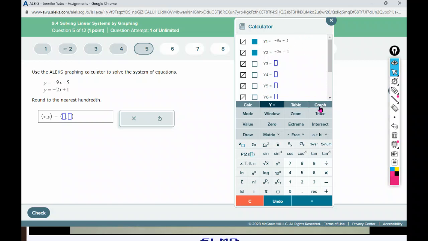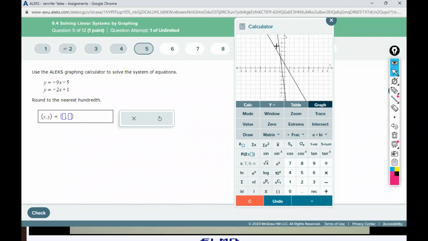Okay, I'm going to hit graph. You see the 2 lines there? Oh, and then you just plot the points. So I don't think it goes through a pretty spot. In fact, look, it says right there, round to the nearest hundredth. So we're going to make the calculator tell us how to do this. This is how we do it. We're looking for where they intersect. That's a fancy name for cross, right? So I hit intersect,